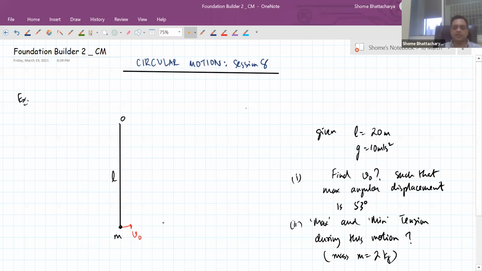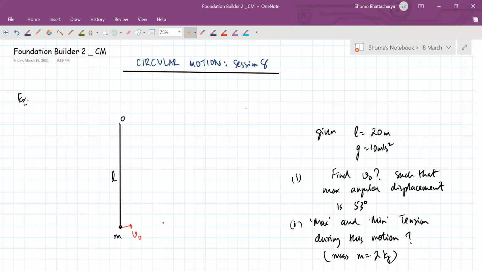So there will be conservation of mechanical energy because tension is a centripetal force here, so it does not do work. So that is where the work energy application comes in. That in a vertical circular motion, the tension force that is acting on such a particle does not end up doing any work because it always acts perpendicular to the instantaneous velocity. So the power developed by such a force is zero, or the total work done by it becomes zero. So ultimately, the sum of gravitational potential energy and kinetic energy remains constant while the motion is occurring. So that is a very important part of the application in this question.